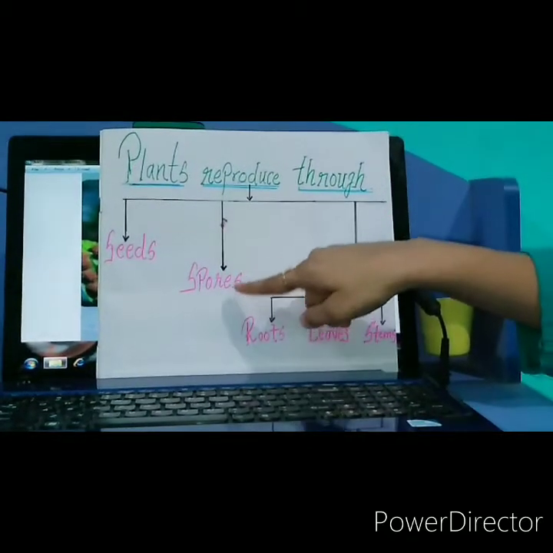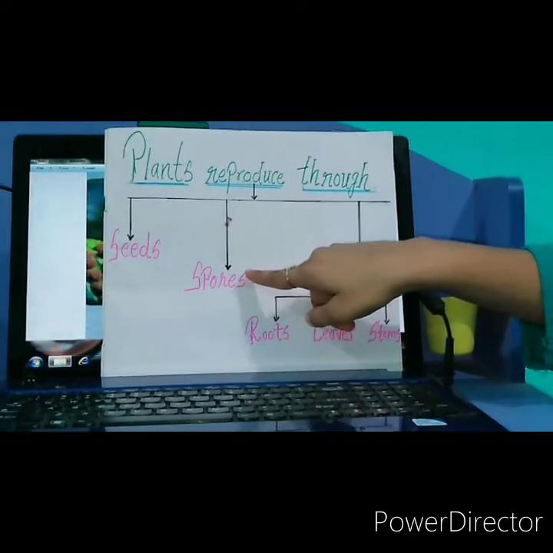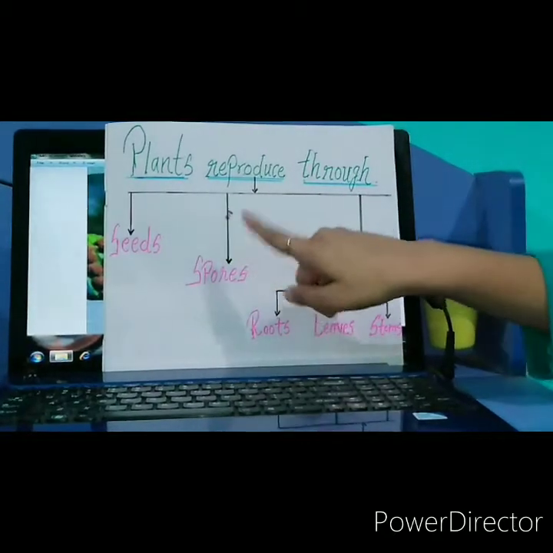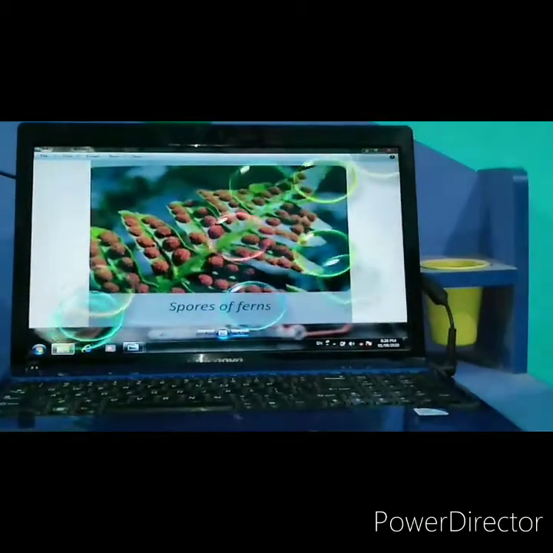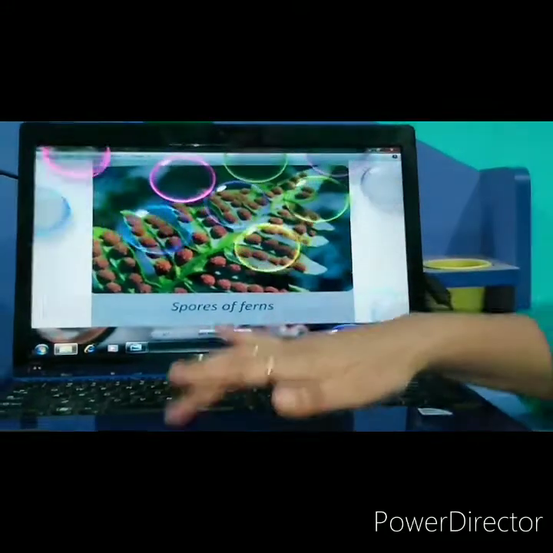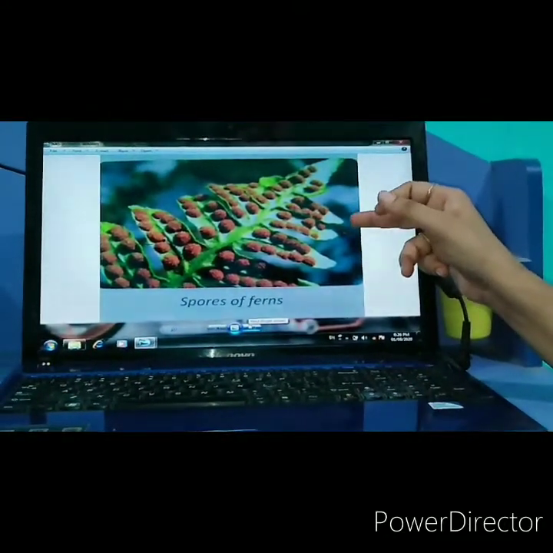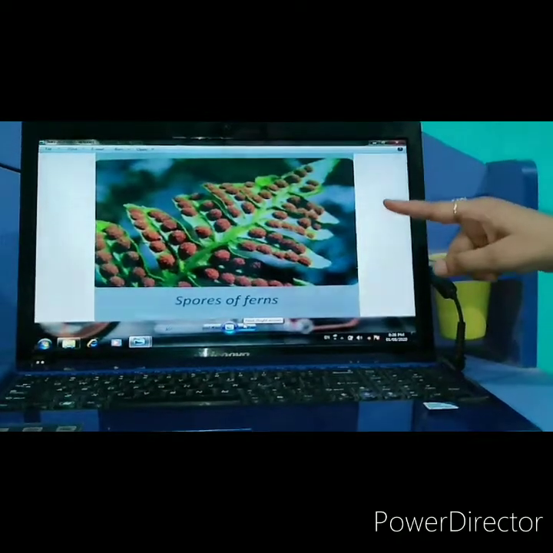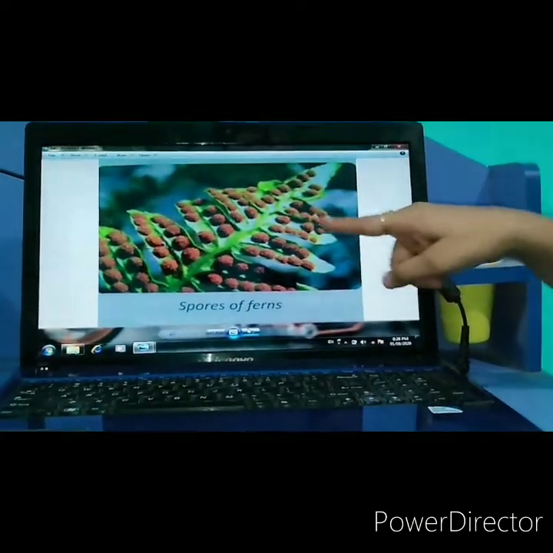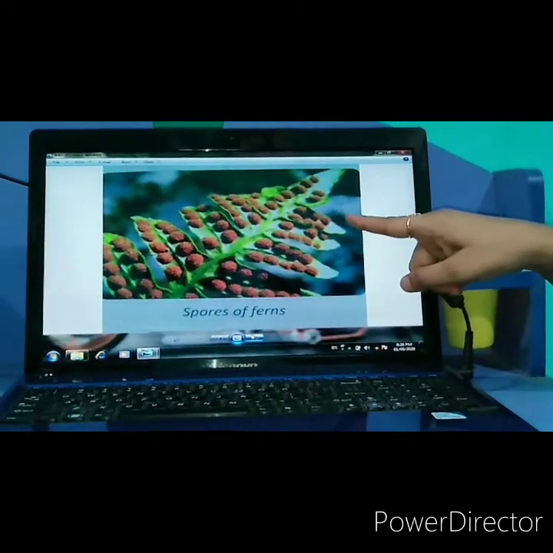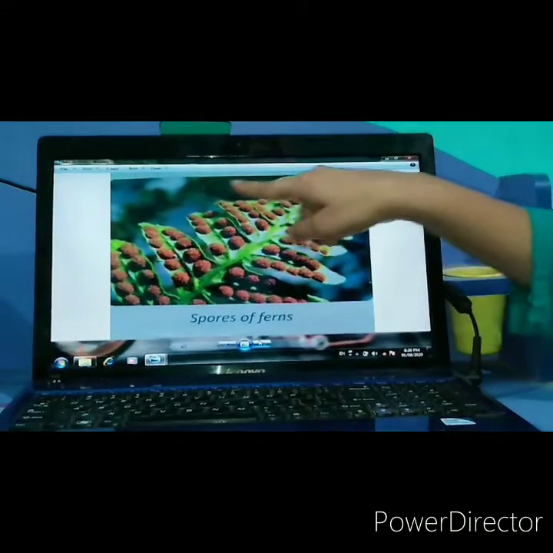Now the second one is spores, which means reproduction from spores. So what is a spore? A spore is a teeny seed-like structure. It is similar to a seed only. This can be observed in a fern